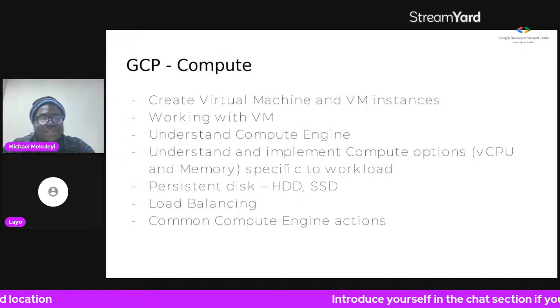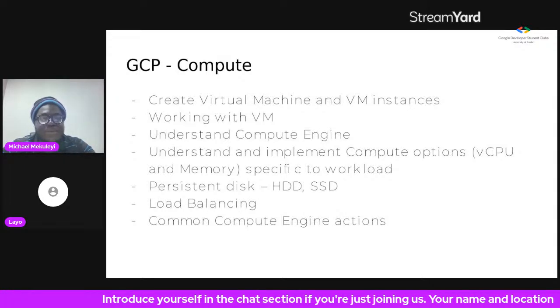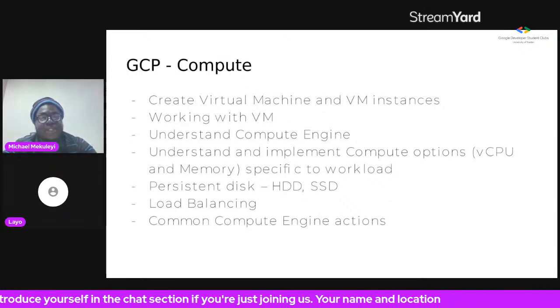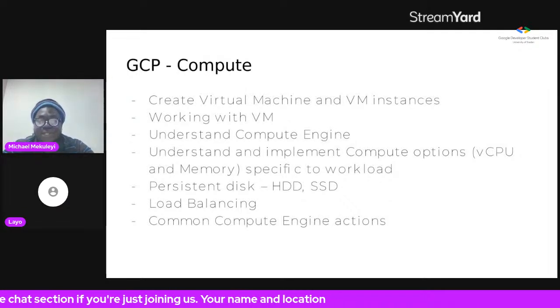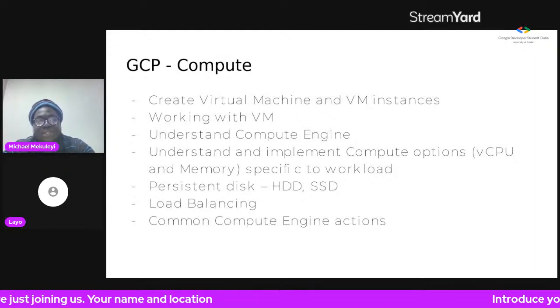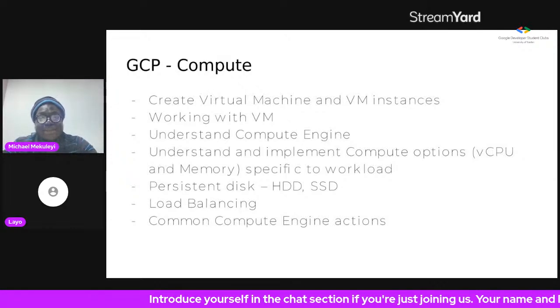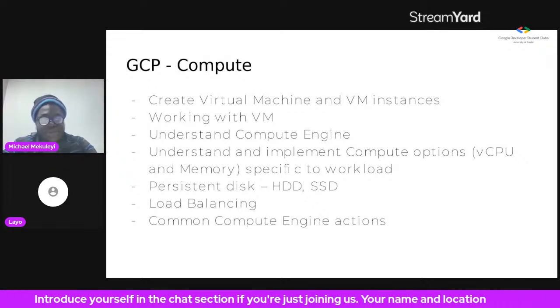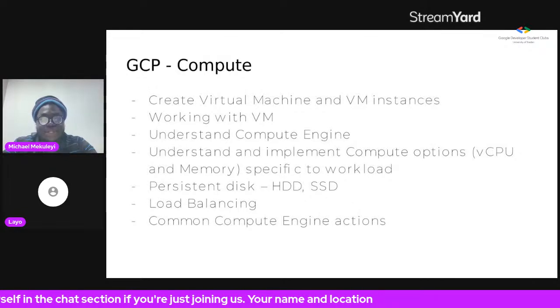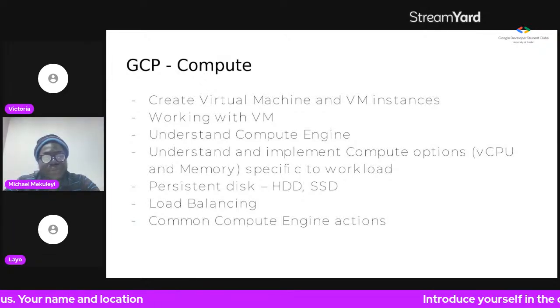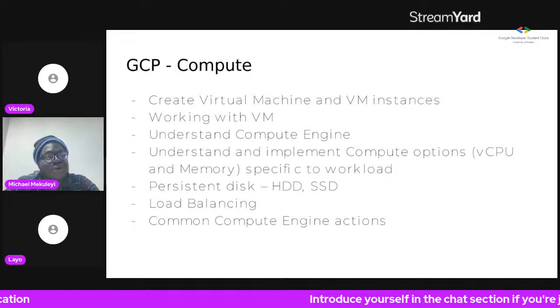There's no crash, there's no downtime, and then GCP just does that for you. I've done this many times because I've created many virtual machines and run very sophisticated workloads, so you can easily spin up a VM in a minute. A VM in itself is like a computer on its own that has an operating system, most likely Ubuntu or Linux. You can install packages on your VM. You can provision storage services on your VM.